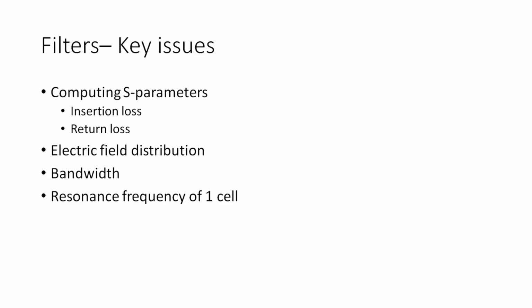The other thing of interest to engineers is to look at the electric field distribution inside the model. Finally, one would like to look at the bandwidth. It's not just one particular frequency, but how good it is operating in a range of frequencies. If, for example, between 5 and 5.5 gigahertz, how good is it doing? So that bandwidth is kind of important. And obviously filters can be made up of multiple repeated components, as in the example that we will see. One would also like to understand at what frequencies this design would even operate.